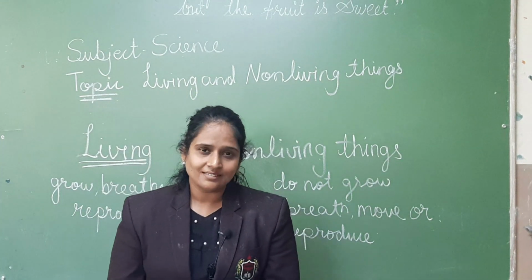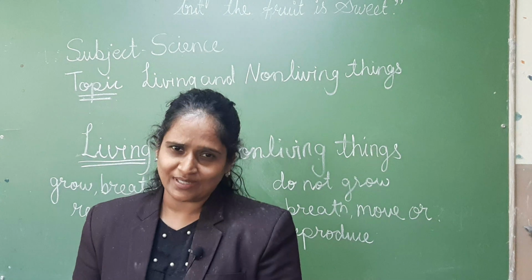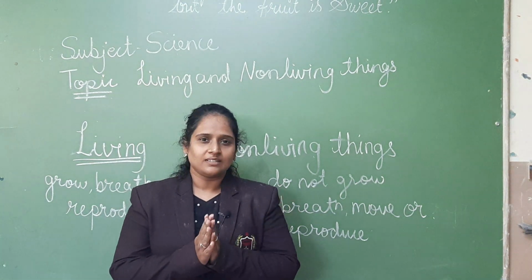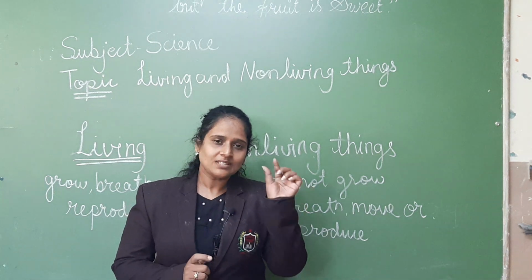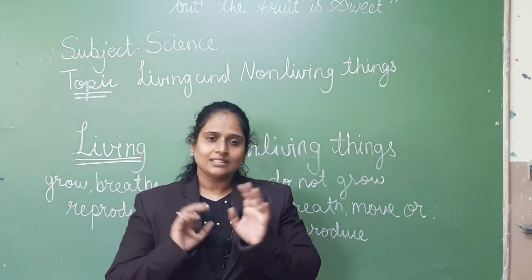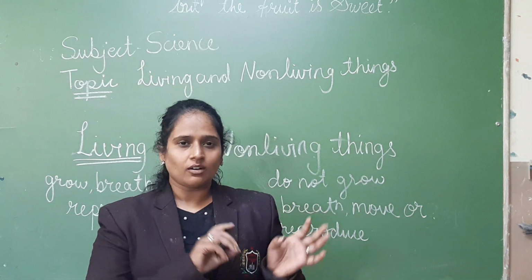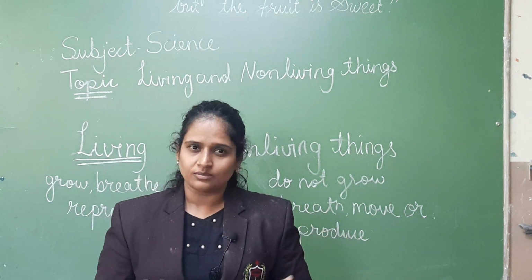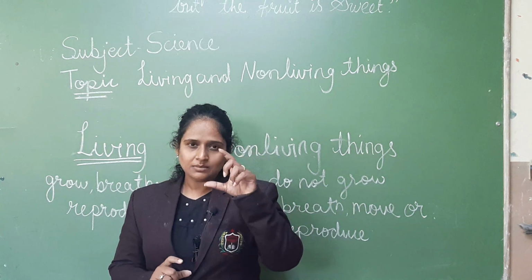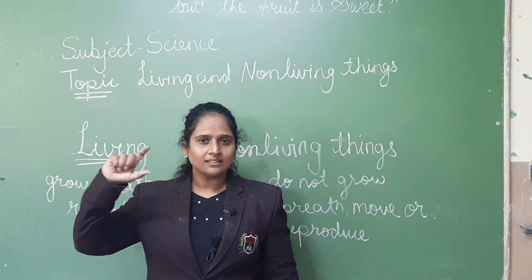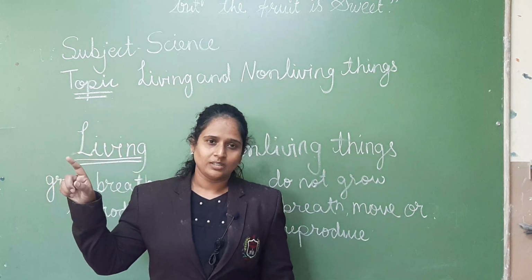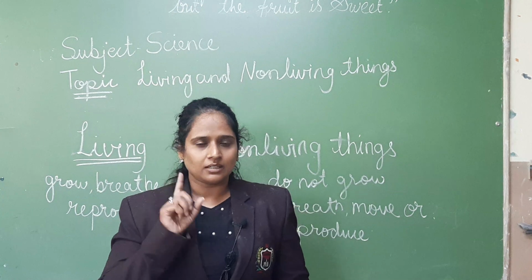Now I want you to do one activity. It's not hard. Activity will be like this. If we take one seed, how a seed turns into a plant and a plant turns into a tree. This way you have to draw, or you can stick pictures also. Like a baby boy becomes an adult, then a man, and then an old man. The cycle of how they grow. Like this you have to make one activity.